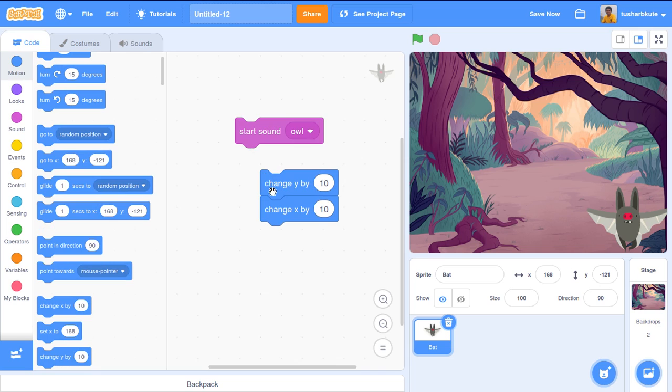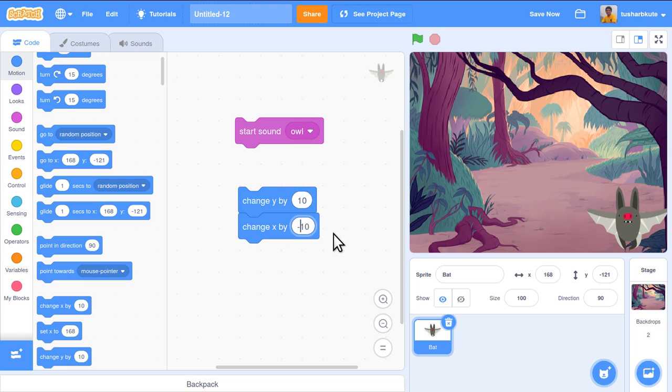Let's move it. As I told, y is incrementing, so I'll keep y as 10, and x is decrementing, so I'll make it minus 10 here. Let's try once and see what exactly the positions are doing now. Click on that. See this, when I click,